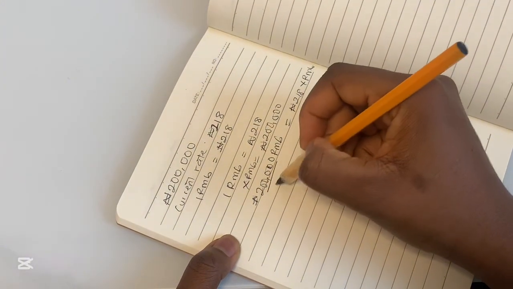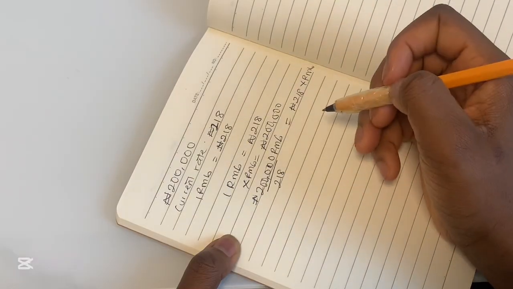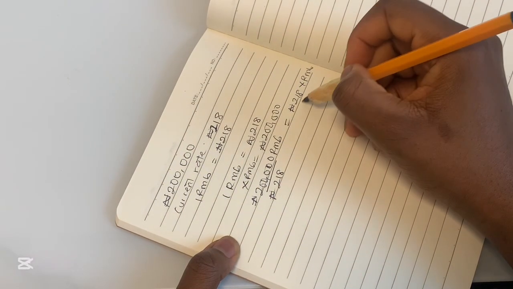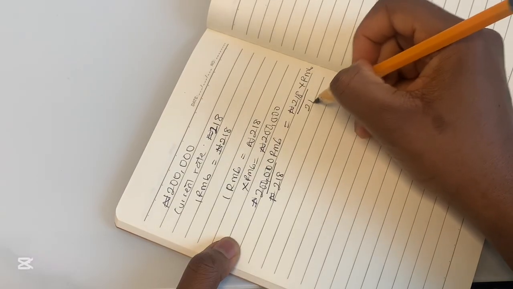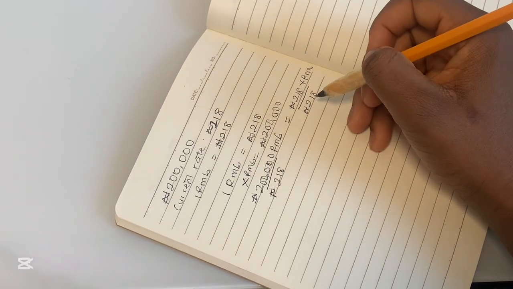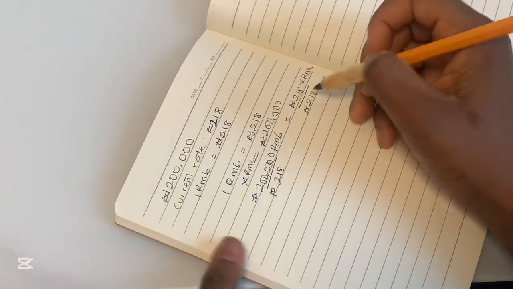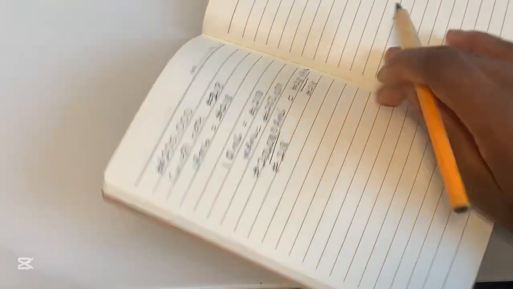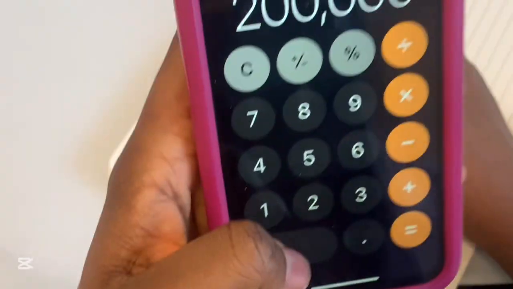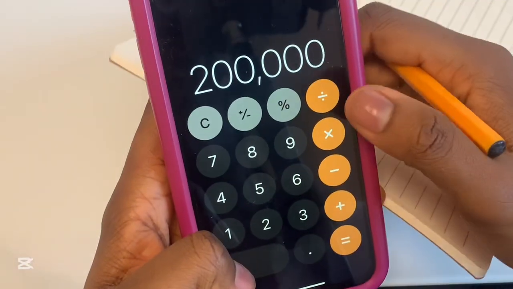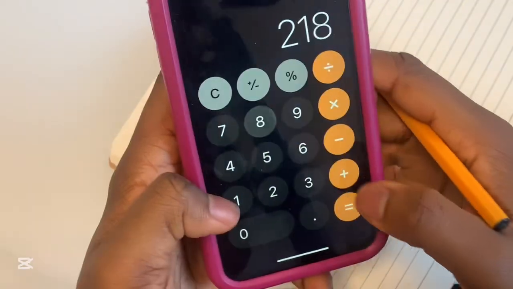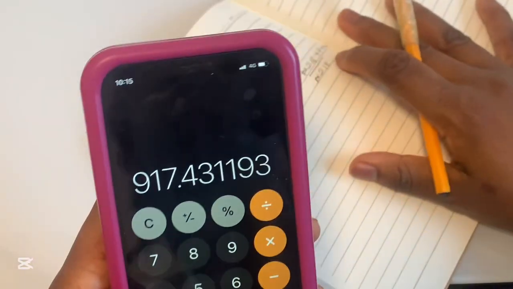So divide both sides by 218 naira. You're dividing 200,000 by 218. So 200,000 divided by 218 is going to give you